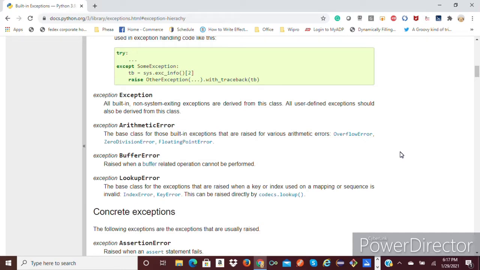Now I will tell you what this whole video is about. When you are working through math errors, you can use the arithmetic error exception. It will handle all three of these errors. But there is a problem. The same task will be executed for these three errors because arithmetic error is a common exception. But if you want to execute different tasks for different errors, you will have to use them with an except keyword separately.